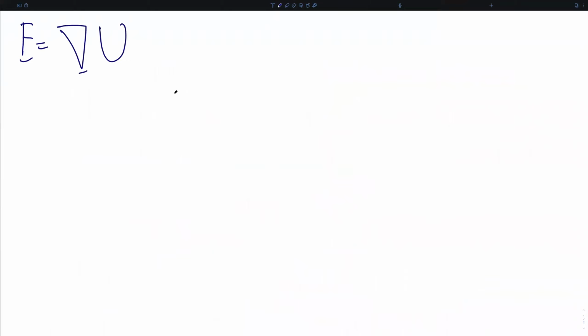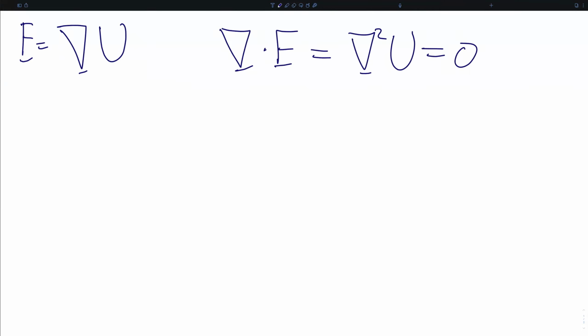And as there are no masses belonging to the extended body that exist outside of the body, the divergence of this force must be 0. You will recall that the divergence of a vector is given by del dotted into that vector. And in this case, the vector F is itself the gradient of a scalar U. And so the divergence of F is the same thing as del squared U, del squared sometimes being known as the Laplacian. We want this divergence to be 0, and therefore what we've recreated is Laplace's equation,